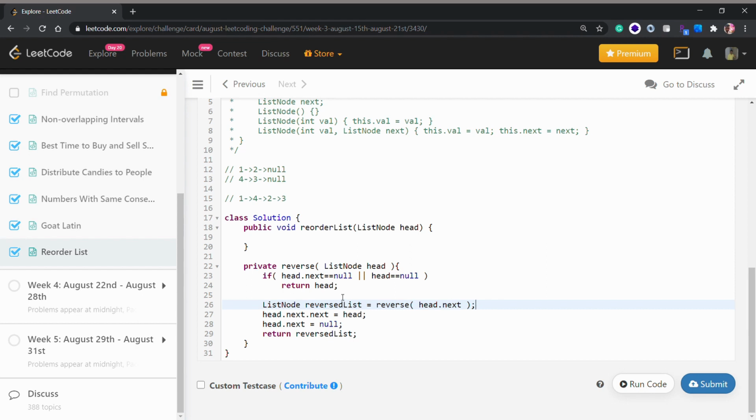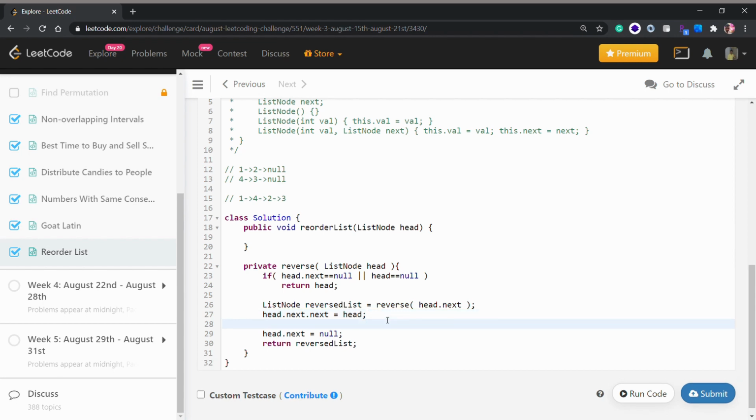There's also an iterative approach, and this is not a video for how to reverse a linked list, so I will not go into too much depth. I will just say that we are recursively trying to reverse our whole linked list, and you can trace the program and do a dry run to see how it works.